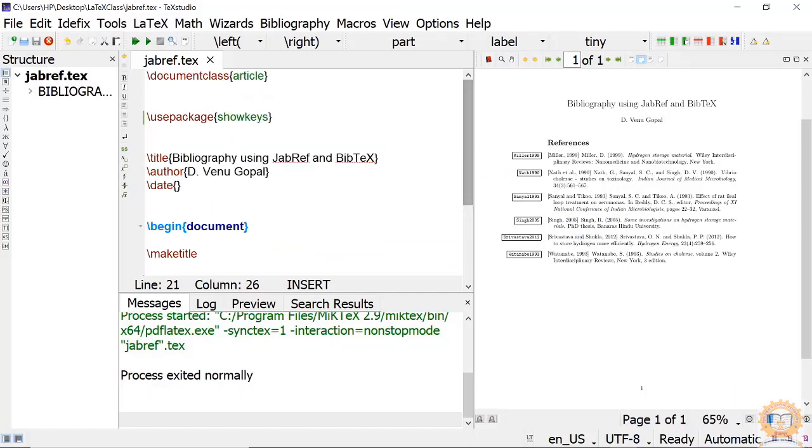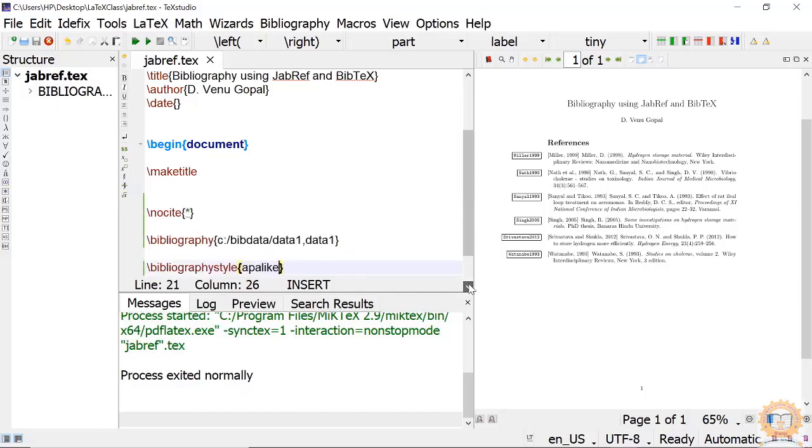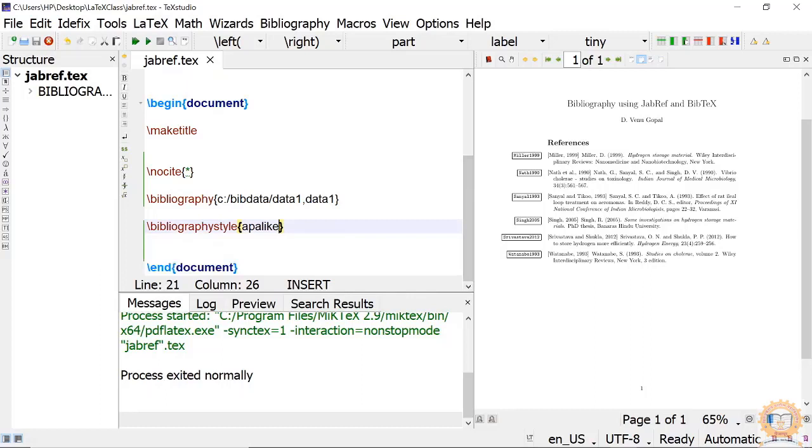The thing is, we used here a software called JabRef to prepare our databases. You can create as many databases as you like, and you can put them in the bibliography one after the other, data 1, data 2, data 3, or you can say hydrogen or some material names. You can save anything, and you have to tell the path like this.